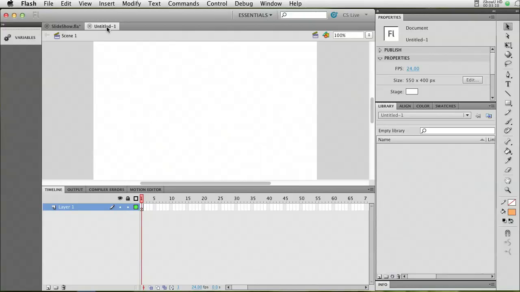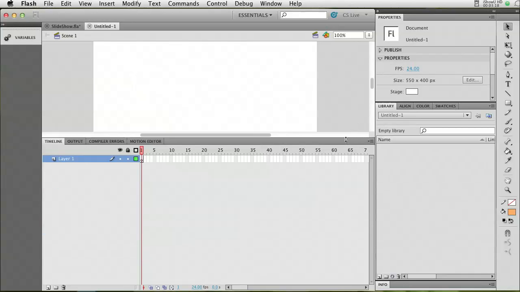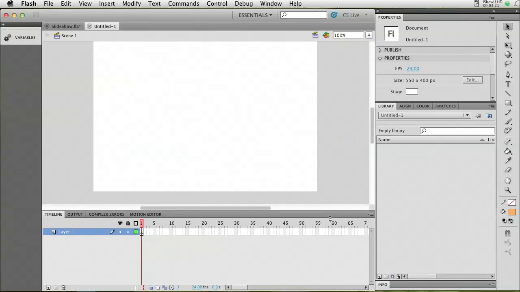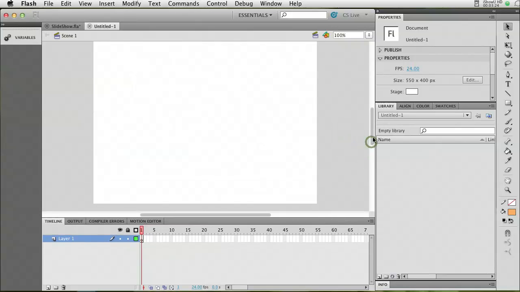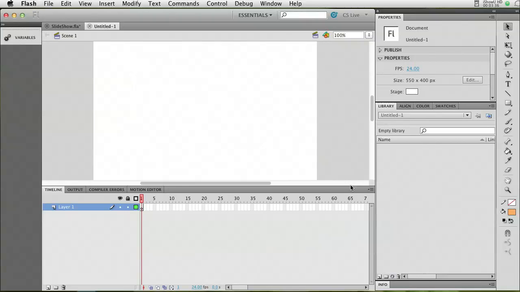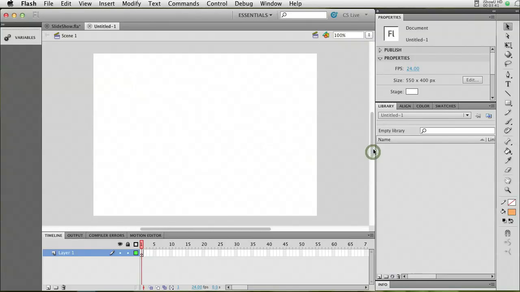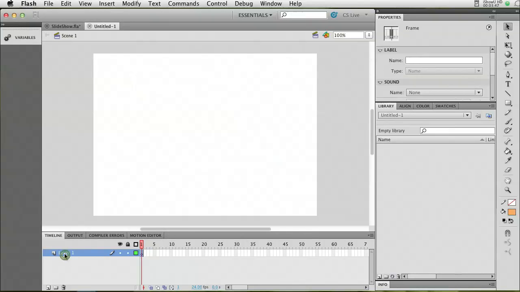So here's my blank project, and my stage is just the default stage size. Let me resize this so you can see it a little better here. And so the stage size is just the default 550 by 400, and I'm going to start creating this project by, my mouse is not cooperating here, just a moment, by creating the background layer. So the default layer that is here, I'm going to rename it to call it background,